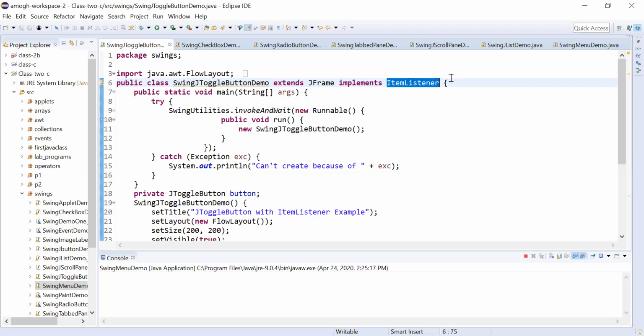Can you tell me what is the function used for ItemListener, guys? itemStateChanged. Okay, good. So there are people who are listening to what I'm saying, so that is good. Please make sure you remember, for ItemListener, the function that is used is